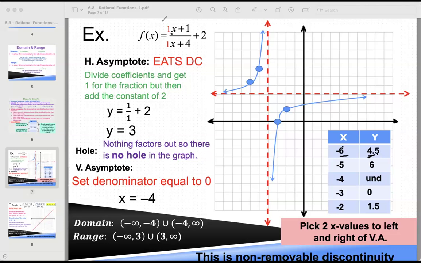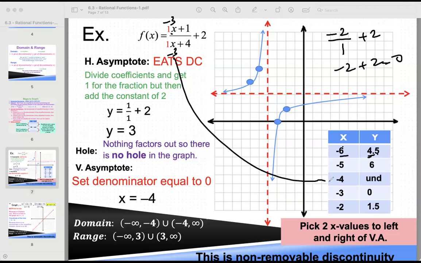If you want, it's not hard, right? Just substitute minus 3 here. Minus 3 plus 1 is minus 2. Minus 3 plus 4 is 1, plus 2. Minus 2 plus 2 is 0. Did you see, if I substitute minus 3, I get a 0. Easy, right? What next?